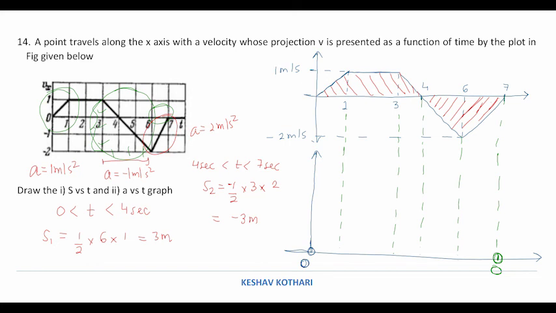So in this part the velocity is increasing, acceleration is constant, so I draw the displacement time graph like this. Now from 1 second to 3 seconds the velocity is constant, so the displacement time graph will be a linear graph like this. Now the velocity is decreasing and acceleration is negative, so the particle is going to follow a graph like this, and then the graph is going to come down like this till t equals 6 seconds.